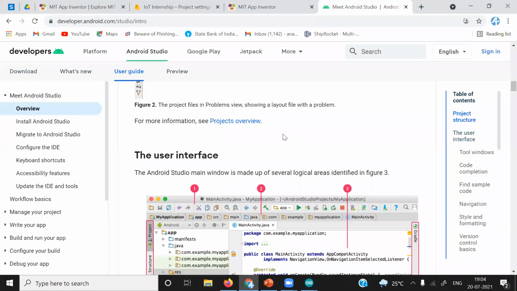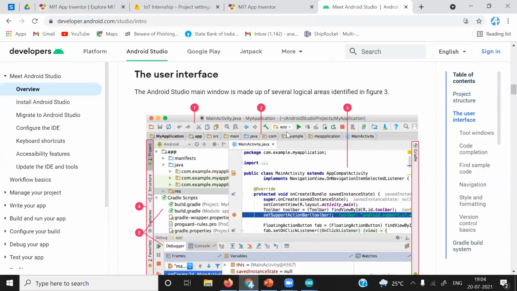So tomorrow we are going to discuss how we can create the user interface. Then we will talk about the backend also, the various tools, the AVD. AVD means the virtual emulator available in Android Studio, and how we can run the application in that emulator. We will just introduce it in a few minutes tomorrow. We will start with the creation of the user interface. What are the tools available? Which types of layouts are available? Constraint layout, linear layout, relative layout. Okay, we will talk about that, and we will create the layout.